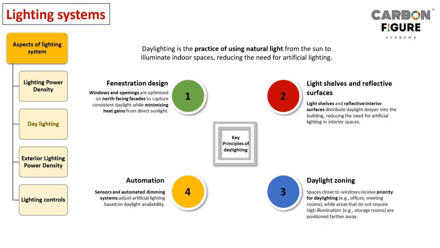So daylighting, we have different key principles of daylighting. It's a practice of using natural light from the sun to illuminate the indoor spaces by reducing the need for artificial lighting, right? So how can it be achieved? There are different ideologies or principles. First one is fenestration design. Windows and openings are optimized on north facing facades to capture consistent daylight while minimizing heat gains from direct